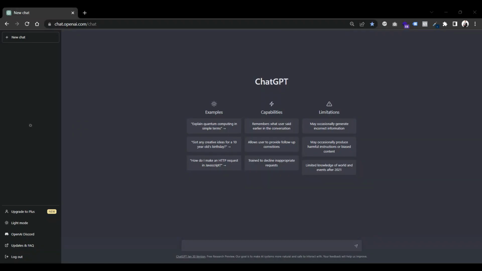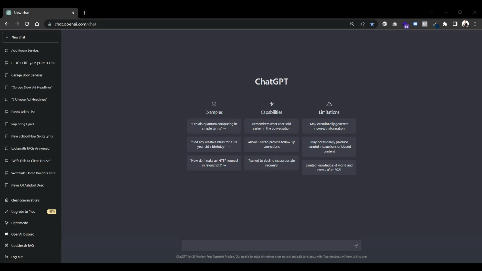Okay, so in order to use ChatGPT, as you all know, you have to sign up. ChatGPT was created by the company OpenAI, which created this chat to help users find answers to their questions until ChatGPT version 3. Now it will of course be updated, but for now I'm going to use this ChatGPT for free users